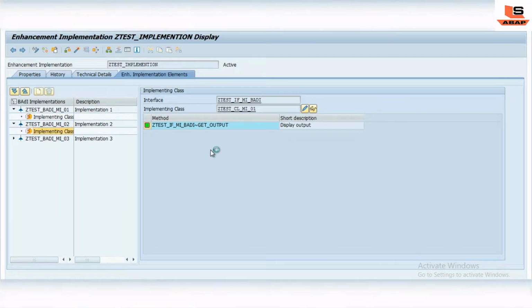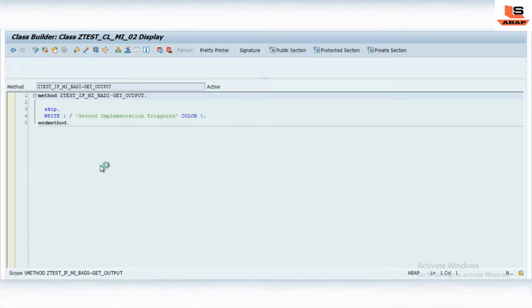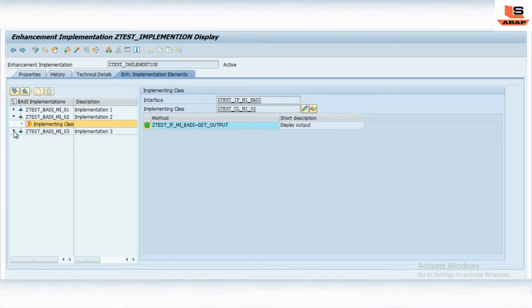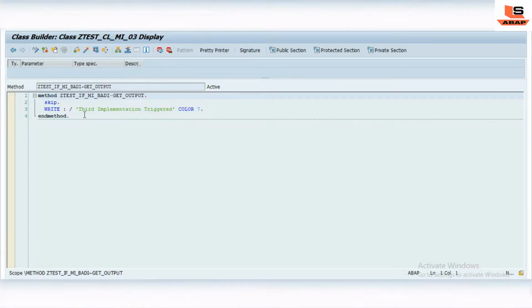If I double click on the third implementation, you can see the same implementation method, the second implementation, and the same for the third implementation also.